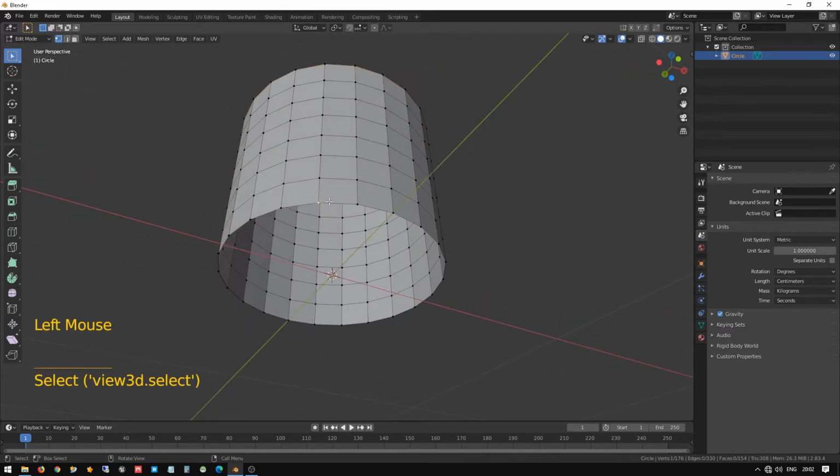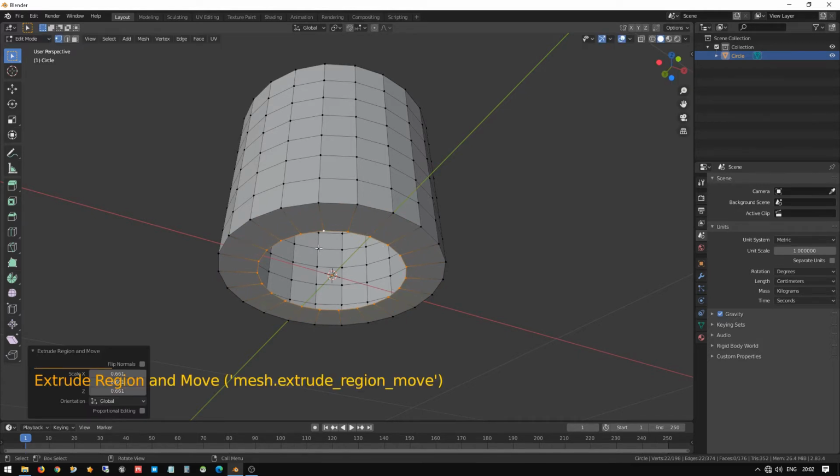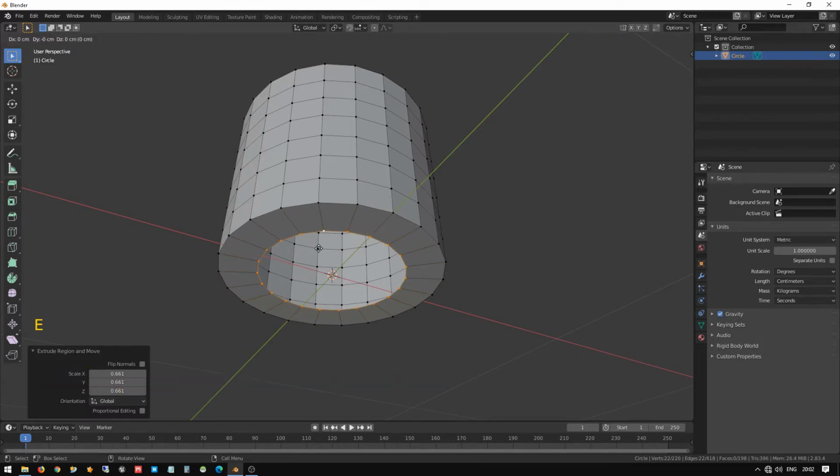Now let me fill the bottom. Press Alt and click a vertex, and it will select all the vertices in the loop. Press E to extrude, then S to scale and drag the mouse inward, and again press E and scale inward.